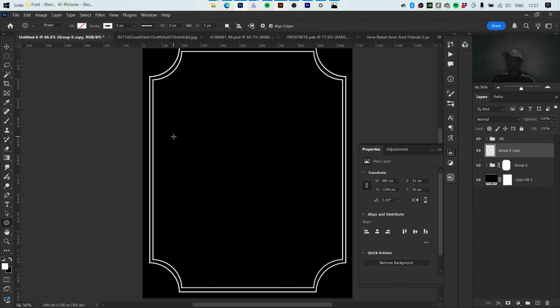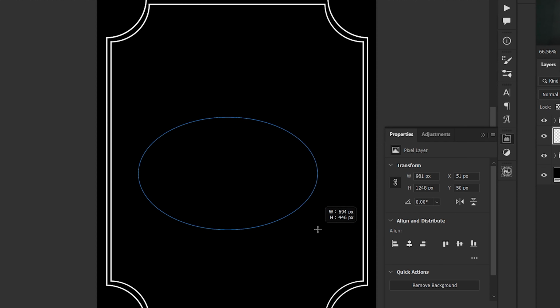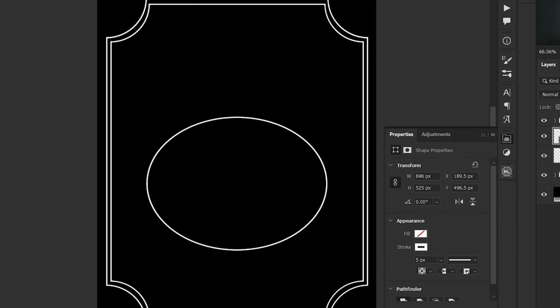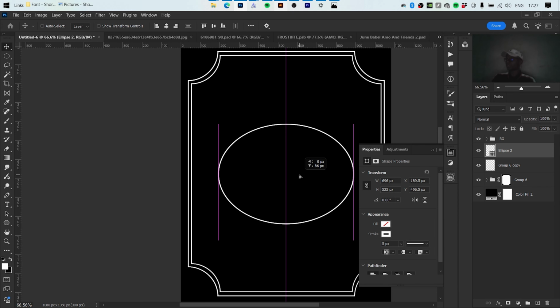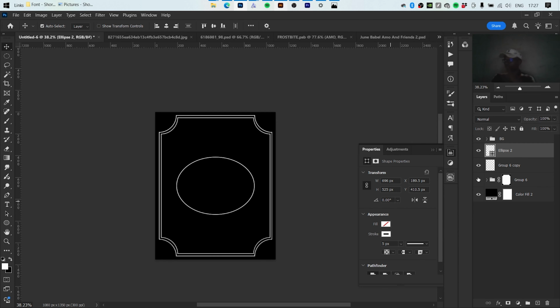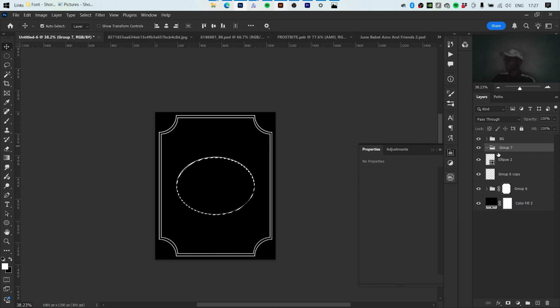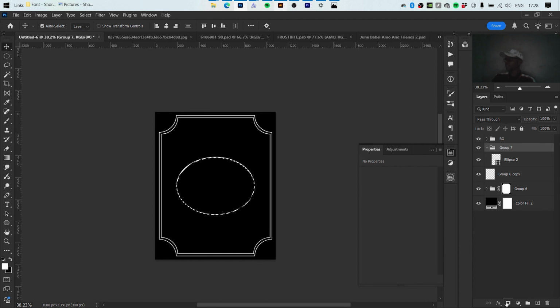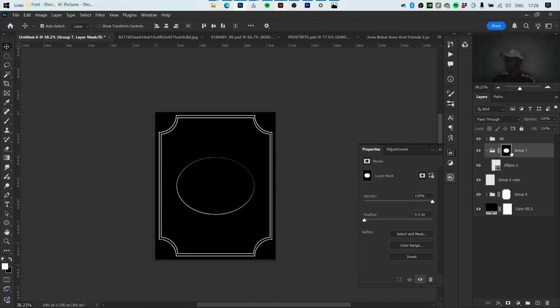Next stage, now we're going to add a round shape here, and it should be centered. Let's see. Okay, centered. Once it's centered, let's make a selection from this and add a new group, and inside this group just drag this in. Then add a group layer mask here, and then just say background